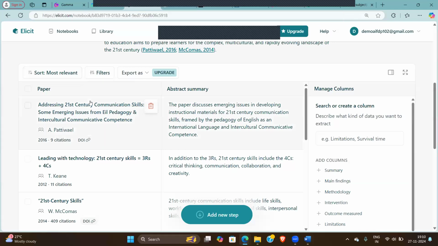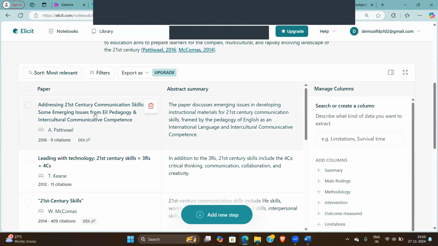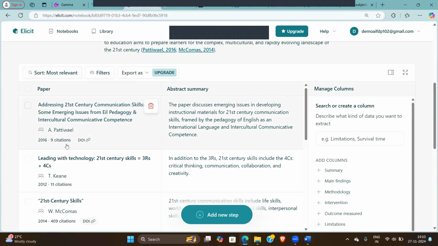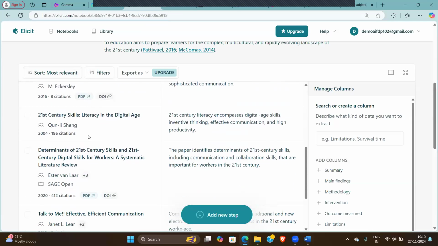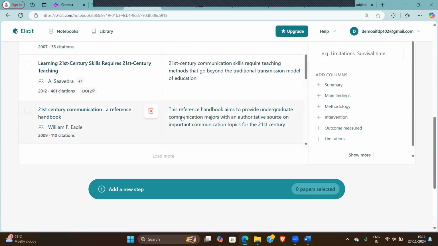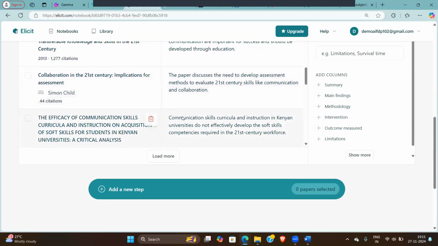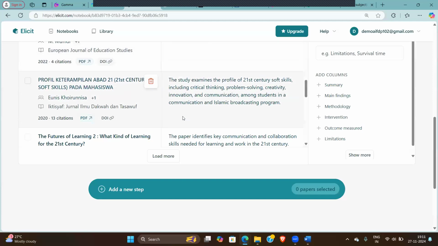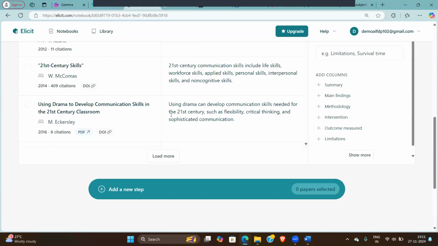After Research Rabbit, there are two columns that are currently available here. On the left side of the panel, we have the list of papers, and we have the title, the author, the year of publication, the DOI link, and the number of citations that this paper has inside this database. We would be seeing that the list would be quite long. So if I click on load more, maybe once or twice, we can see that it will try to load more and more papers that it is able to find,